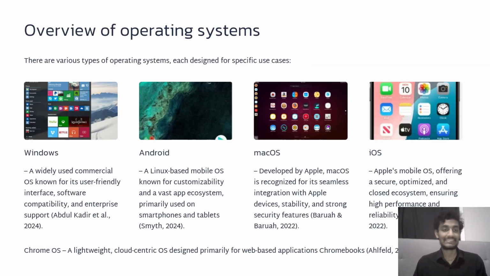Overview of operating systems. There are various types of operating systems, each designed for specific use cases. Let's see Windows, a widely used commercial operating system known for its user-friendly interface, software compatibility, and enterprise support. And let's see Android, a Linux-based mobile operating system known for customizability and a vast app ecosystem primarily used